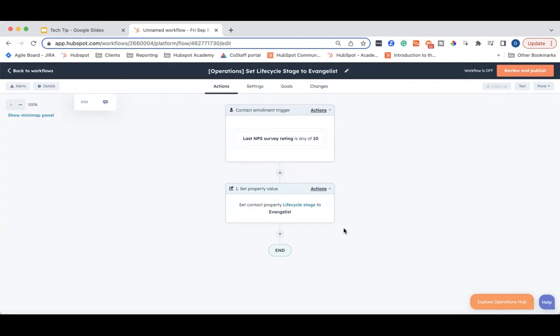So you can do this for any of your lifecycle stages, whether they are default stages or if they are custom stages. One word of caution is just to make sure that you don't have any overlapping with those default automations that we went over previously. But that is all I have for you